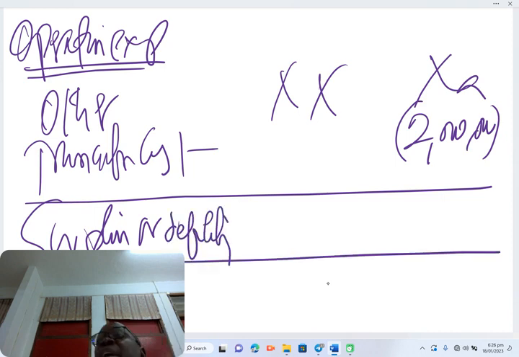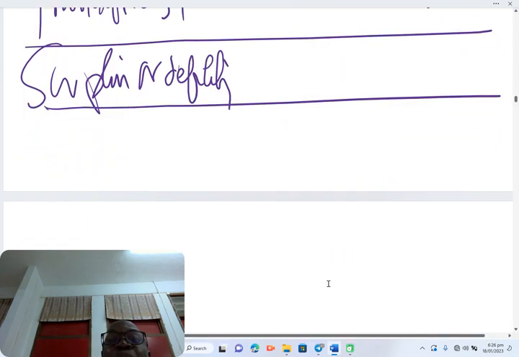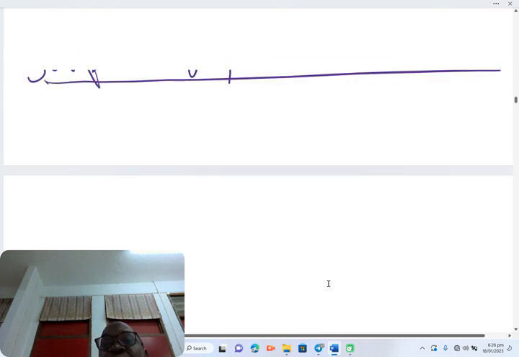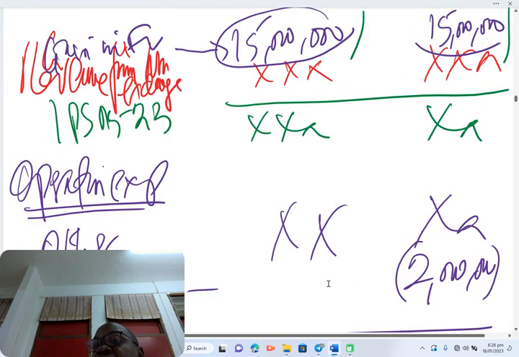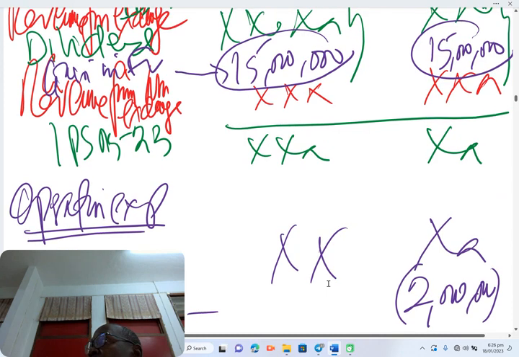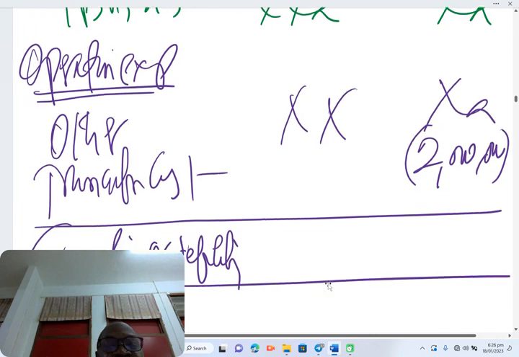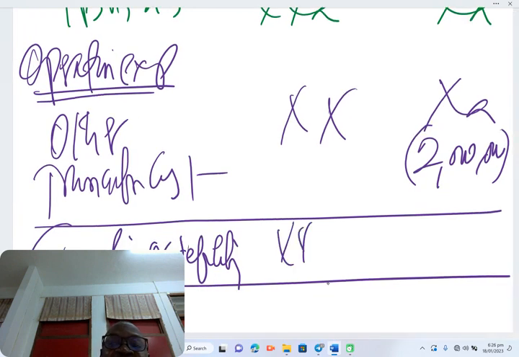Am I clear? Let's see the component of the cash flow statement. So we have surplus or deficit. So actually, if somebody is trying to perform an internal audit on a share or on a financial instrument,